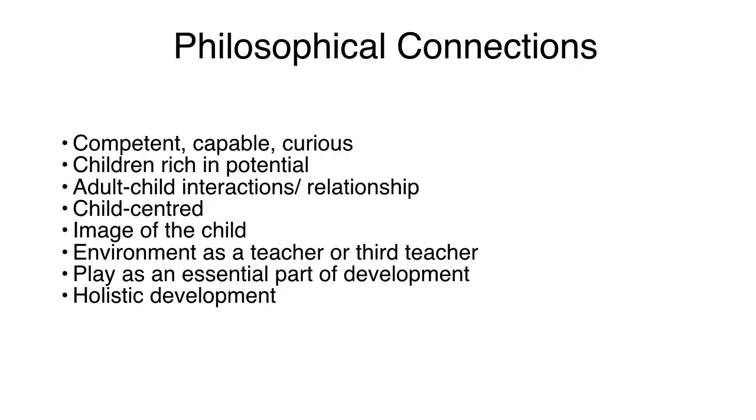The one thing you will need to consider are the philosophical connections. Start thinking about the connections between the resources you use, the theorists you've learned, the concepts that you've heard of, the information that you can consider. Really think about the connections. Where have you heard competent, capable, and curious? Where have you heard that? What documents have you heard that in? Can you find the philosophical foundation of that concept?